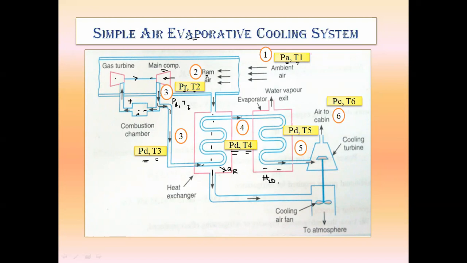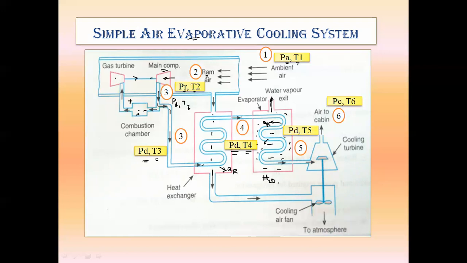So here, if I consider the surrounding to this coil, suppose I'm keeping water, as the boiling point temperature of water is 40 degrees centigrade. So what will happen? Whatever compressed air is coming out of the heat exchanger will pass through this coil. So that compressed air will further reject the heat to that surrounding medium. And here the surrounding cooling medium is nothing but water. So the water will absorb the heat from the compressed air. And because of this, that water will get converted into water vapor, and that water vapor will exit through this exit point.